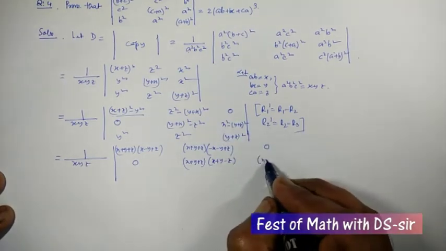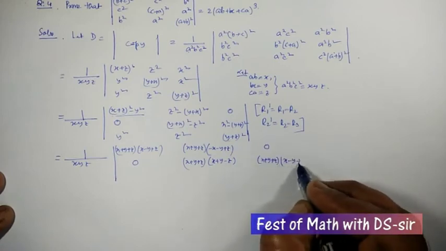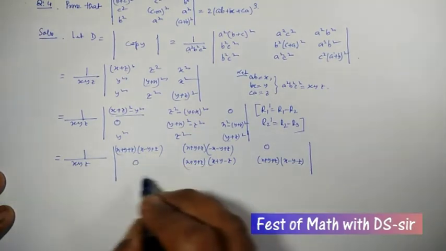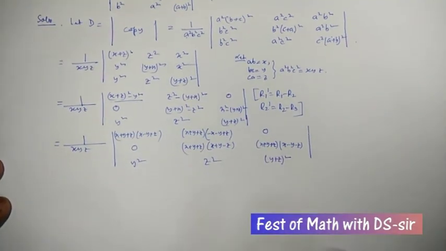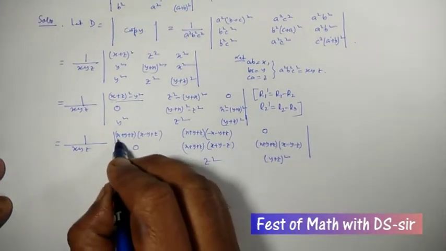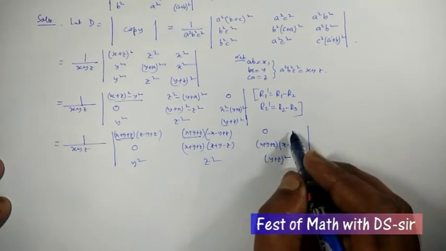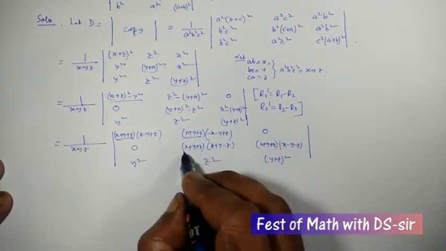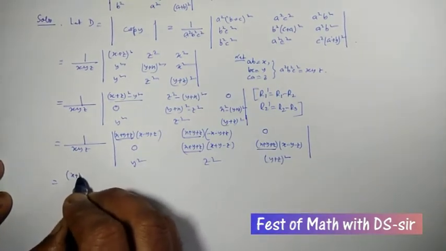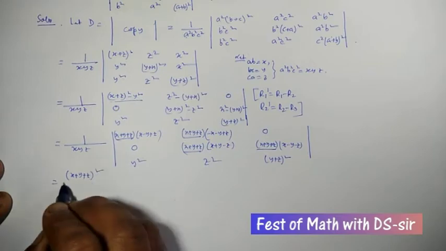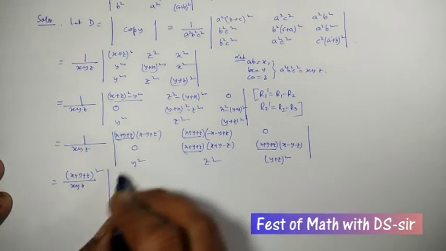This is x plus y plus z into x minus y minus z. Now you can easily see that x plus y plus z can be taken common from the first row as well as the second row. That gives you x plus y plus z whole square by xyz. Here remains